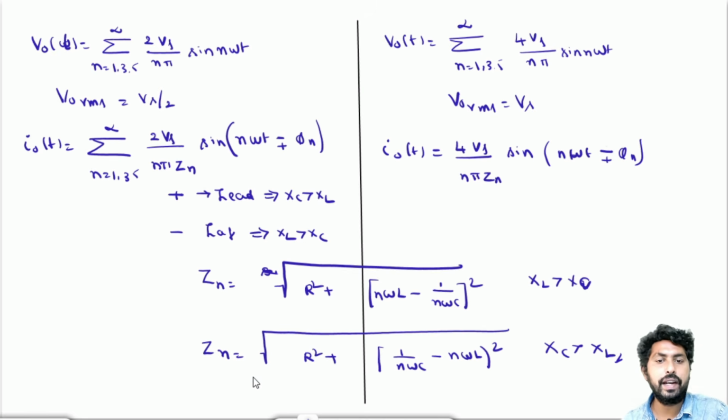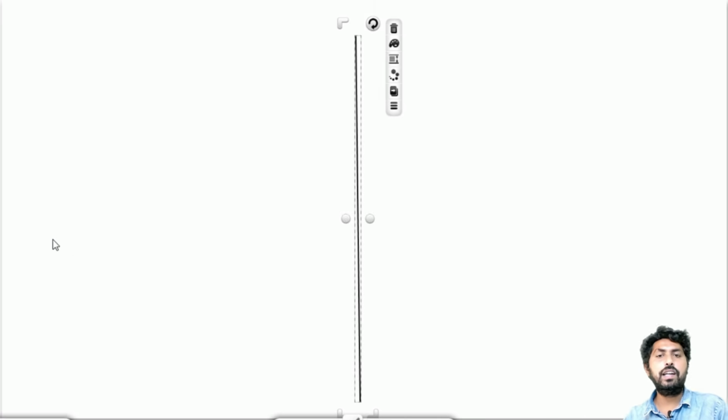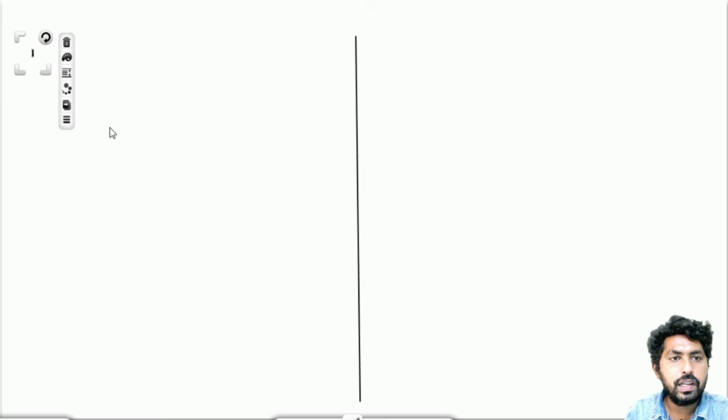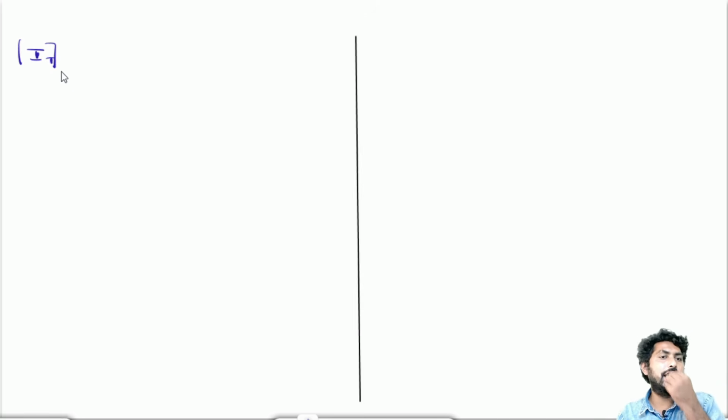So here let us find the thyristor RMS current and thyristor average current. The fundamental thyristor average current will be, how is the fundamental thyristor average current found here? So IT1 average will be,